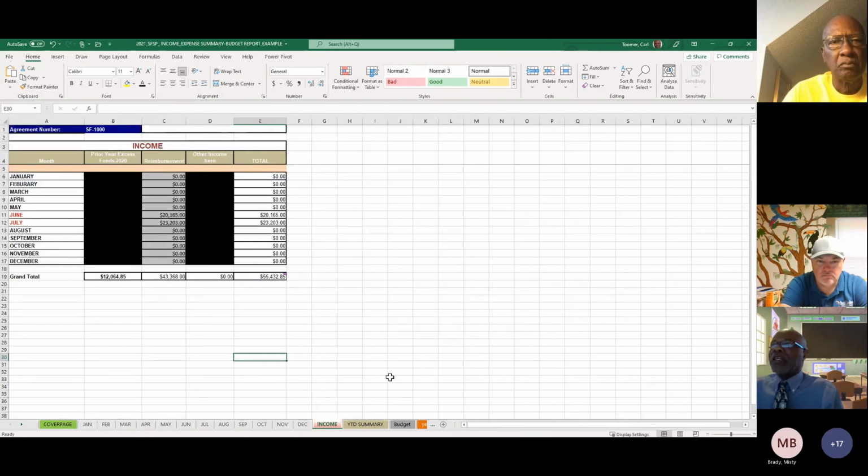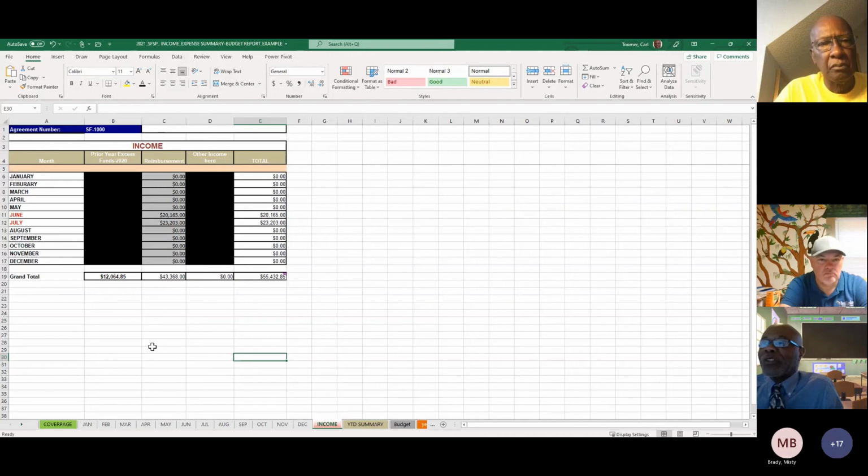And now here it just gives you a snapshot of what your income is for your program for the year. You know, we had that $12,064 for excess funds. And once you enter this information up front and on these pages, it's going to compile here for you. So it's like a one and done tool. Once you enter that information, it's done, and you have your whole summer captured, and you don't have to go back and do this at the end of the summer.